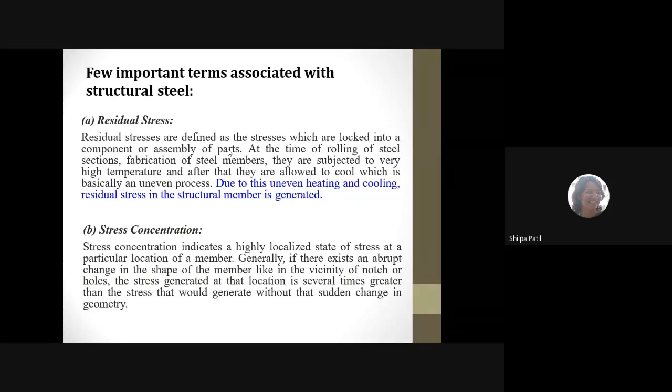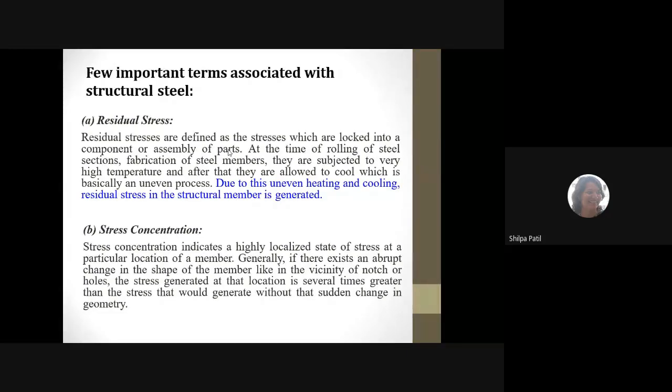Second important is the stress concentration. Now stress concentration, this concept you have already learned when you perform the impact testing. Just now we have discussed the Charpy and Izod test. So in impact test, we actually purposely develop a location where the stress concentration will be there. How we prepare that location? Do you remember the Charpy Izod test, impact test? Preparing a notch for the sample. Correct.